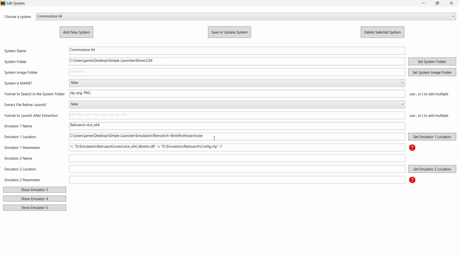Next thing we need to do is emulator 1 parameters. So again, this is locating this as D drive, and like we know, I don't have a D drive. So what we need to do then is actually edit this. So first thing we're going to need to do is copy a path and replace this part just here with the correct path. So I'm going to just come out of here just by going to save or update system,